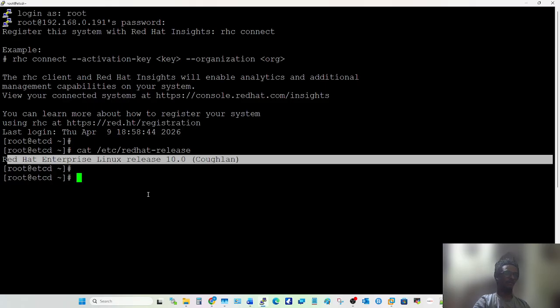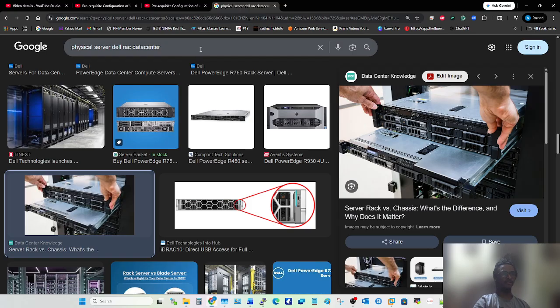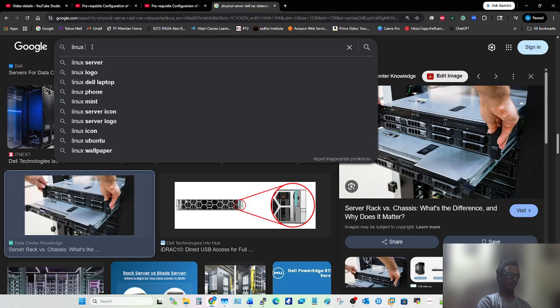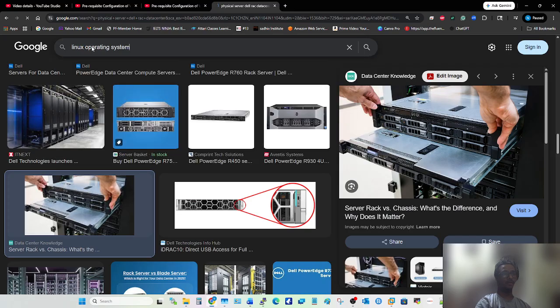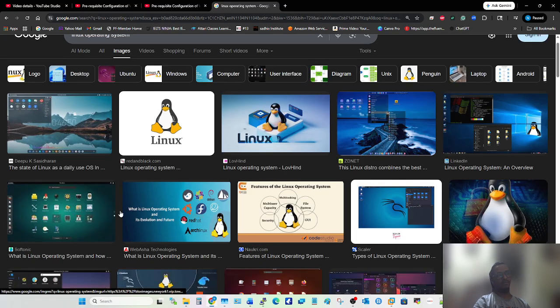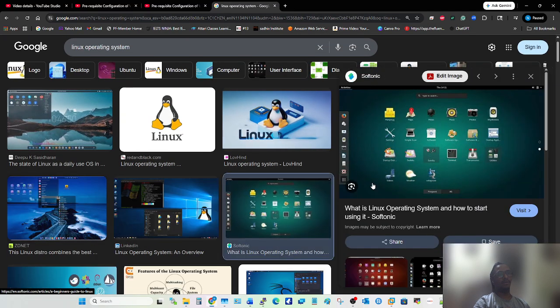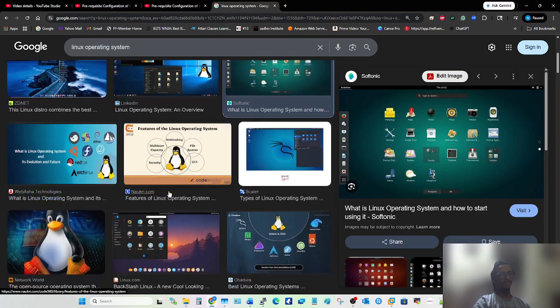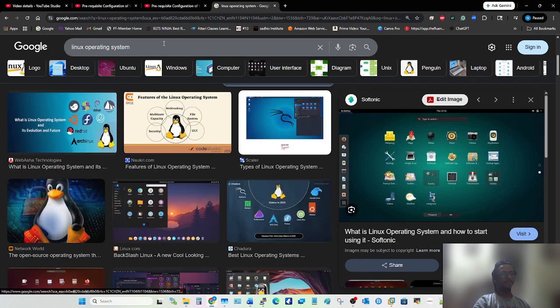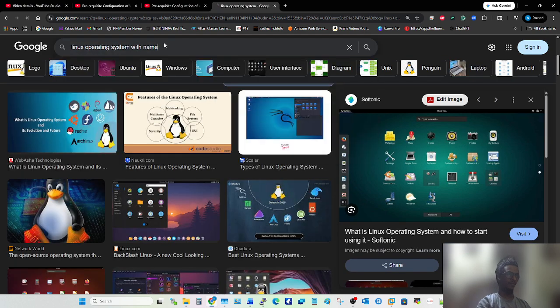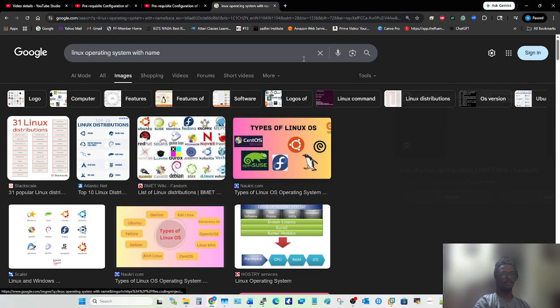Apart from this, you can see multiple operating systems in the market of Linux. If you search Linux operating system over here, you will see multiple operating systems.